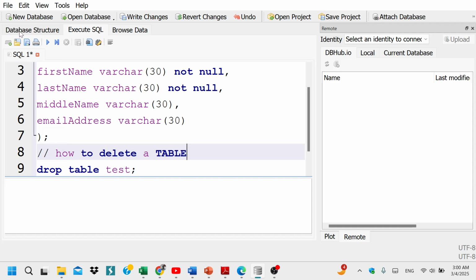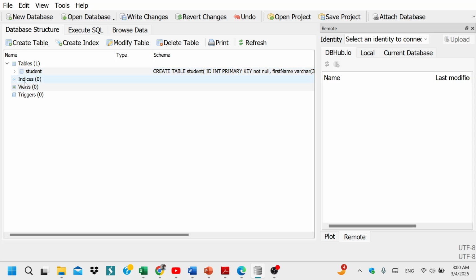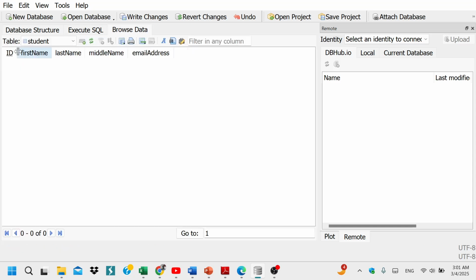If you click on database structure, there's a table that we have created called student. You click on it, then you click on browse. You see that this is the table. These are the fields or the attributes of the table. If you want to delete this table that we have created, you click on